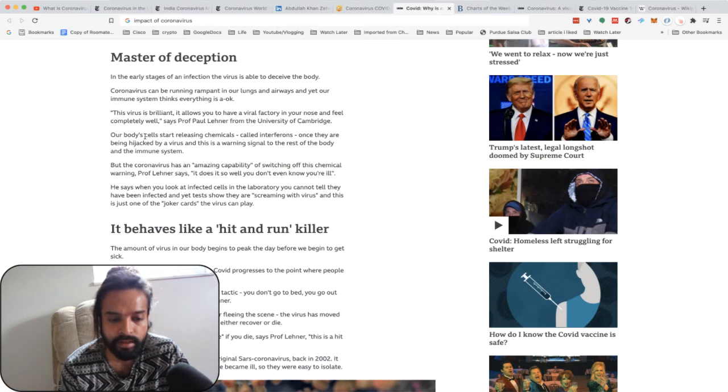Our body's cells start releasing chemicals called interferons. Once they are being hijacked by a virus, this is a warning signal to the rest of the body and the immune